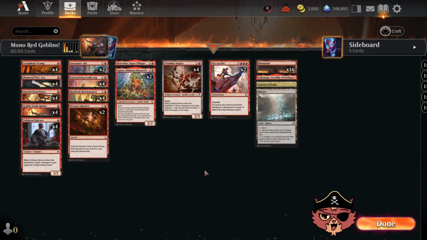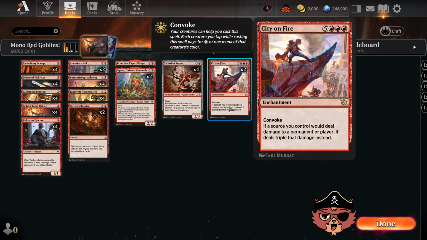A couple Squees made the cut as well. And then on the very top end, City on Fire as a 2-of. This is an 8 mana enchantment with Convoke, so our creatures can help us cast it. Hopefully in this deck we're going wide pretty easy, and maybe we can get this nice and cheap onto the